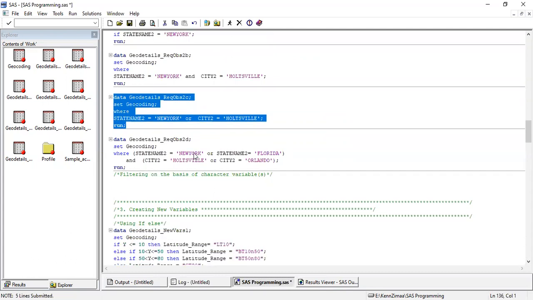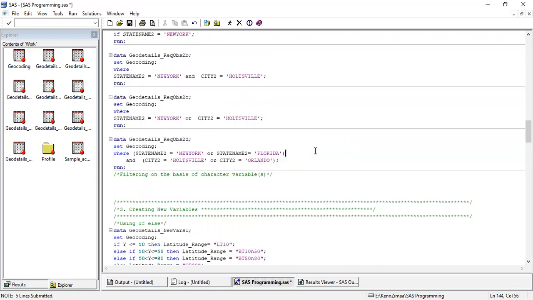Now, what we are doing here is passing multiple statements. I'm combining the above two statements and further combining statements on the basis of an operator. SAS will take this condition which is in brackets.